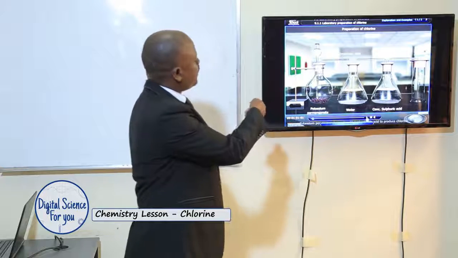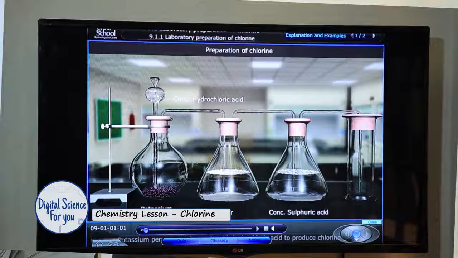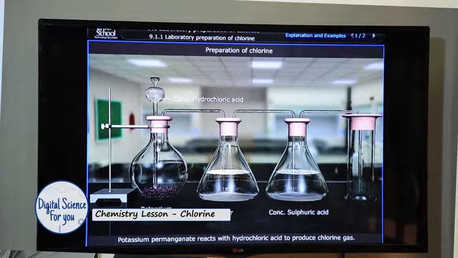So we have a thistle funnel in which we put concentrated hydrochloric acid. Then we also have potassium permanganate crystals, which we put in the round bottom flask. We have the two conical flasks. In one we put water, in another we put concentrated sulfuric acid, and then we also have a gas jar used for collecting the gas. All the flasks must be at the same level because they are put on the table. And then we will now play and we see